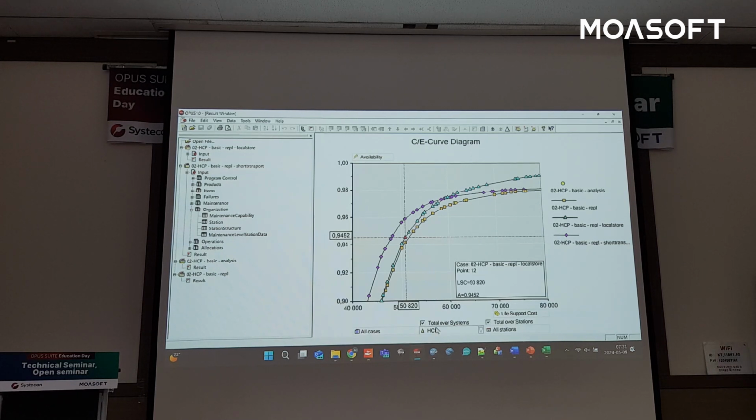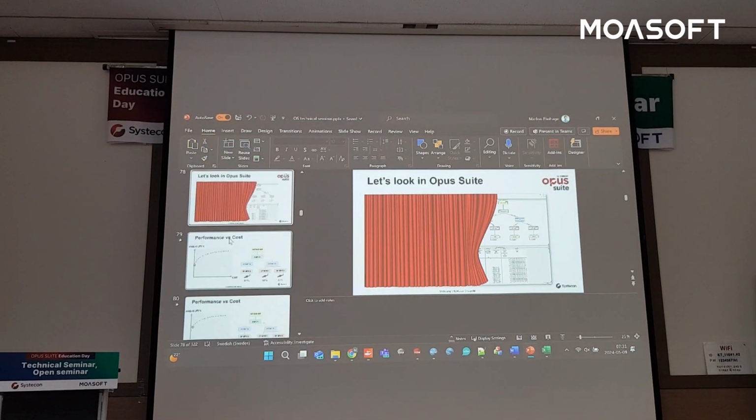Okay, so that's how we can improve the model, some different ways of improving this current situation that we are in. We're going to move on and look at some